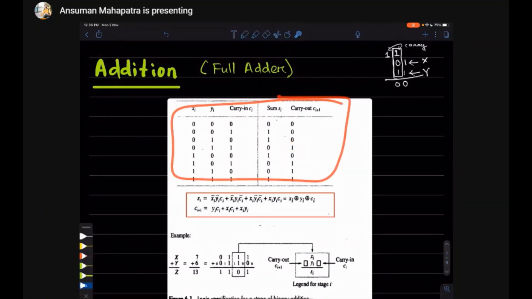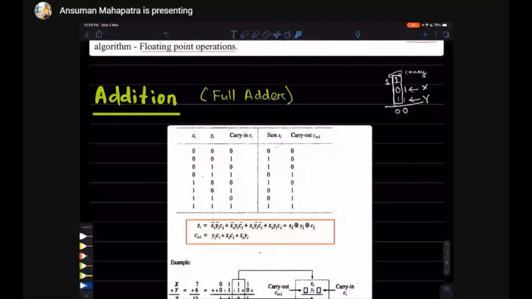If you have any doubt about how this table is made, please ask. I have told you that in any step only 3 bits are added. So you will get a sum value here and a carry here. The input is 3 values: xi value, yi value, and carry in from the previous stage.